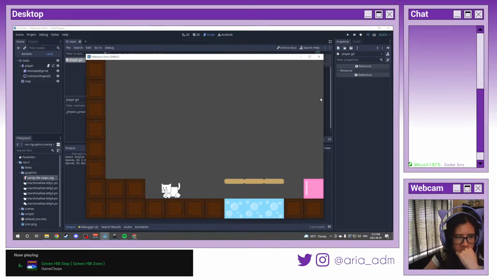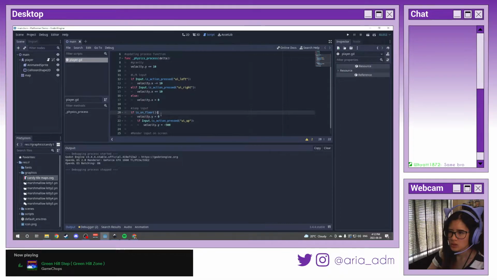Doesn't seem to be working now. Why? So if it's on floor, yeah, velocity in the y direction would be 0. I want to just